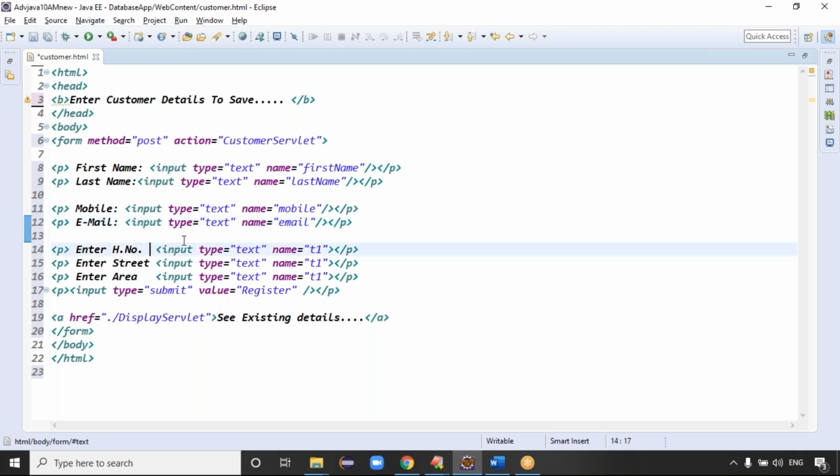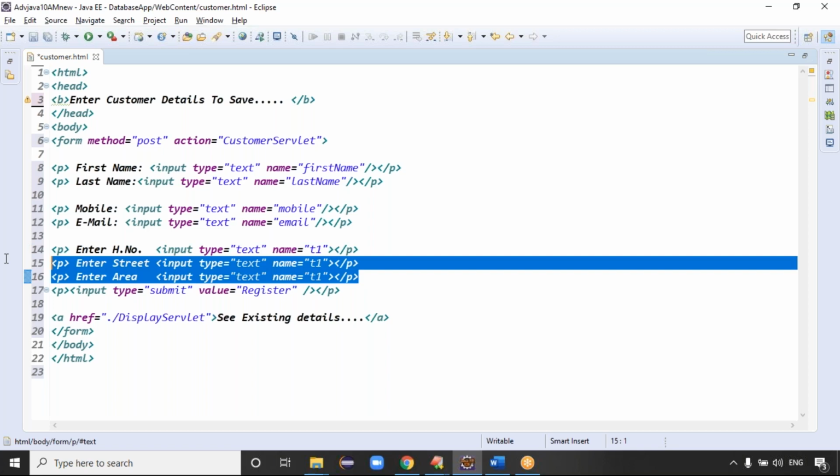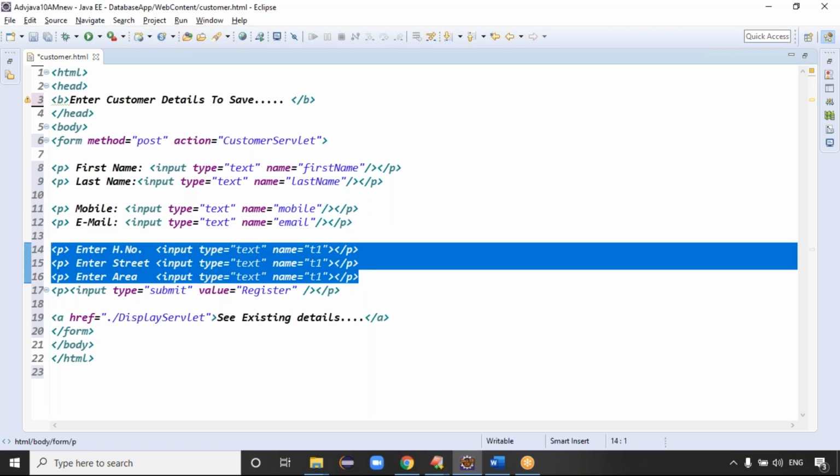And what about this address, guys? Whatever the address is here, address means house number, street, area, pin code. We have these fields, right? Do you think these fields in the database need three columns, or only one column that contains the address field? Which one do we accept? Only one column, sir. In the database there is only one column, which column? The address column. So in the address column itself, we can.